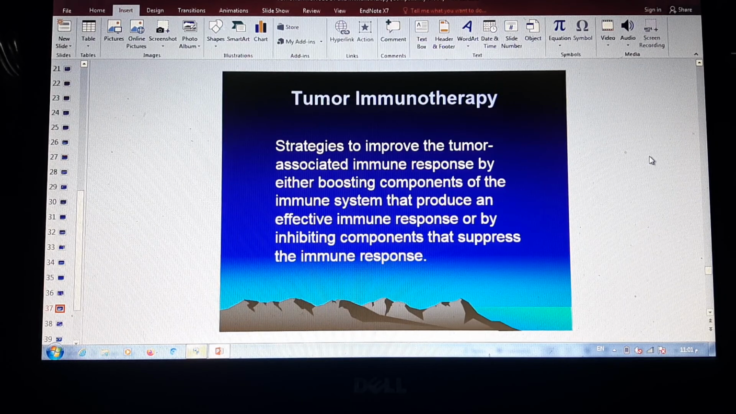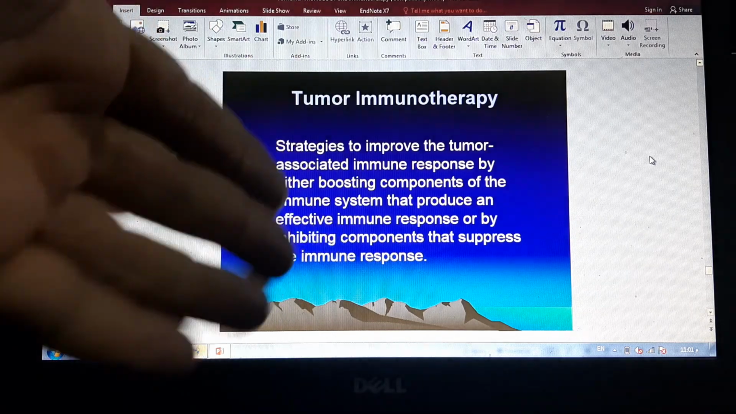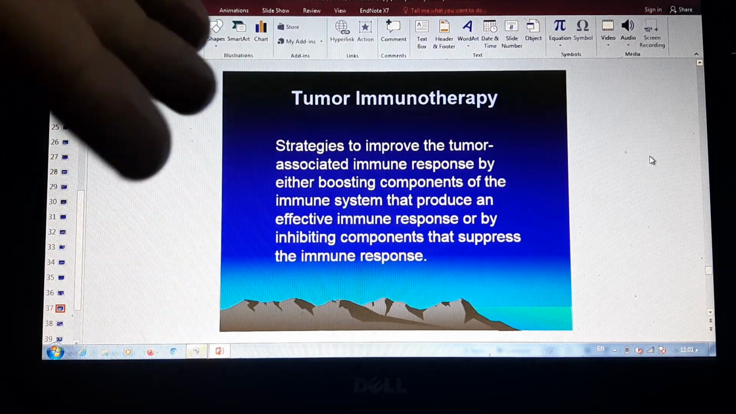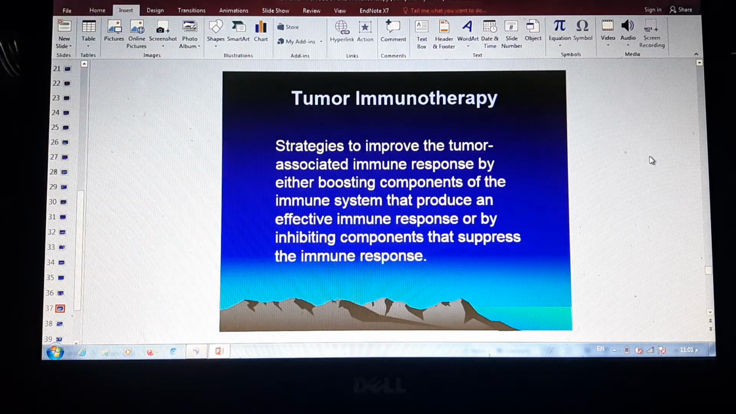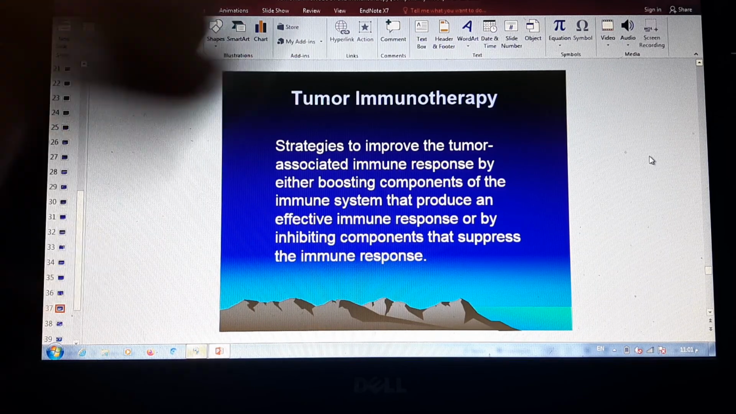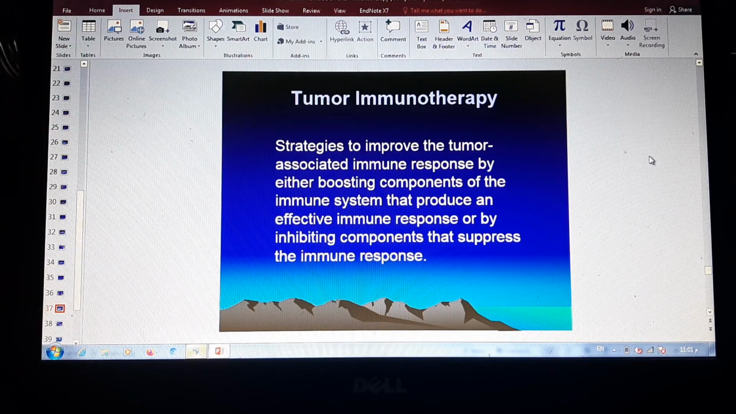We must think of strategies to improve the tumor-associated immune response by boosting the components of the immune system that produce an effective immune response. يعني هذه الميكانيزم اللي حكينا عليها من الاميون سيستم اللي هي تحارب التيومر, boost these components يعني نعزز من دفاع من الطرق اللي يستعملها الاميون سيستم in order to win the battle against